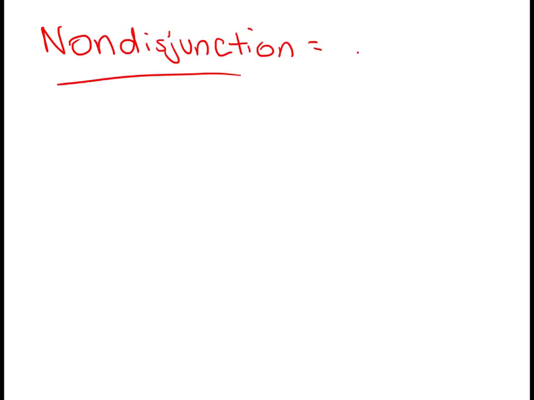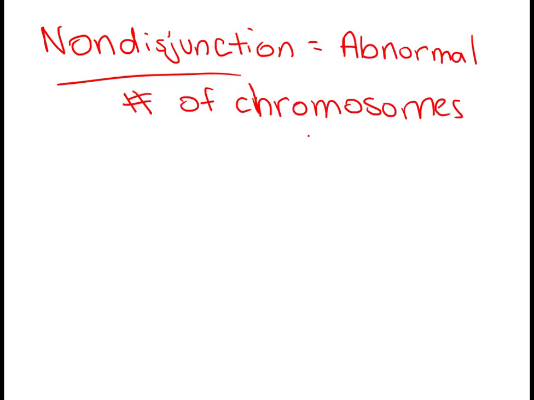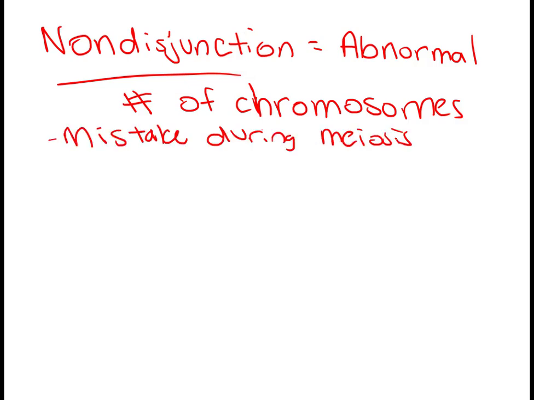Now we have terms for all of these possible scenarios. The first term you should know is nondisjunction. Nondisjunction means there's an abnormal number of chromosomes. So for humans, that means there's not 46. If there's more or less than 46, it's a nondisjunction. And again, the way that this would occur is if there is a mistake during meiosis, like the scenarios we